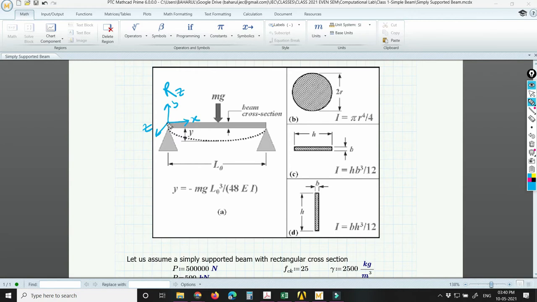You are just placing it over a support, but in reality that doesn't work in ANSYS, because in the simply supported case the beam is just placed over the support, so there is no connection between the support and the beam.